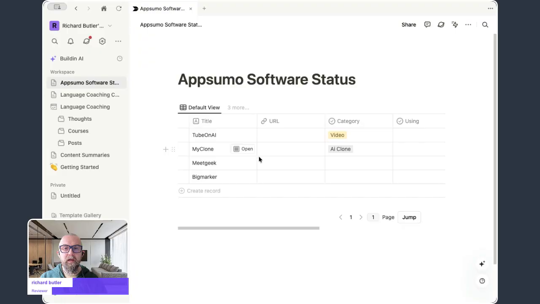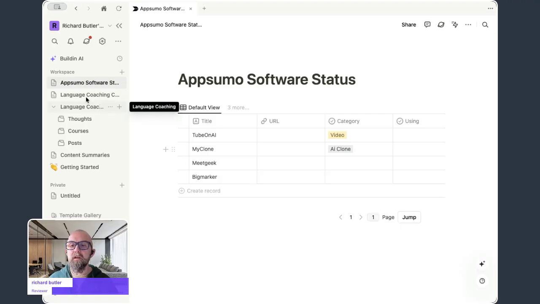And one of the things that I do like about this system is that it allows you to record everything. Okay, so let me just find the screen here. And actually, one thing that I do like about it is that it allows you to create documents. So let's have a look.